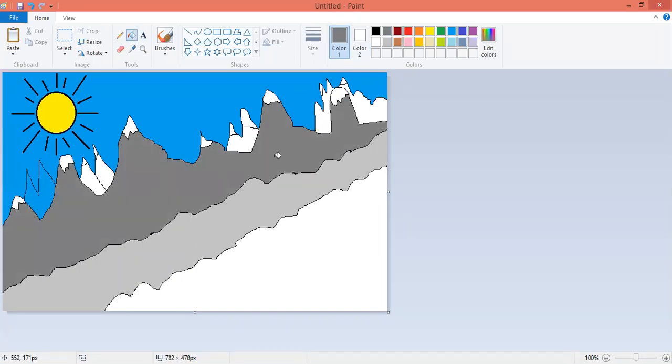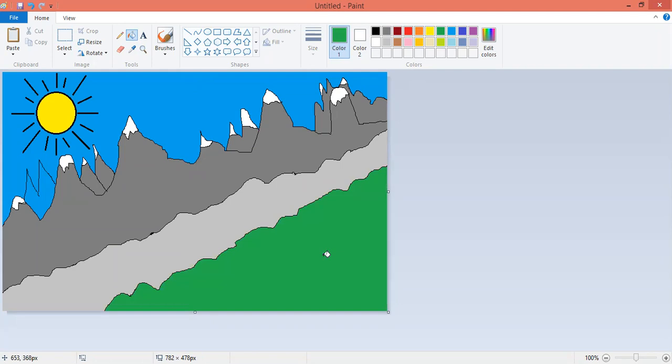So we are putting up the color. The color is there. We are again putting up the color in here, in here, in here. So now if you see, it will give us an effect of a snowfall. Okay, then we are again here. So we put the green color there. In that area we put the green color.